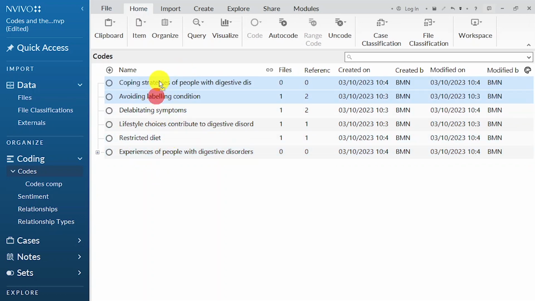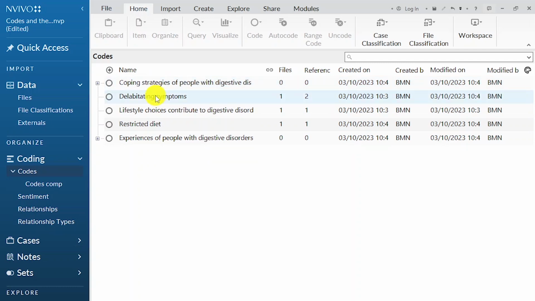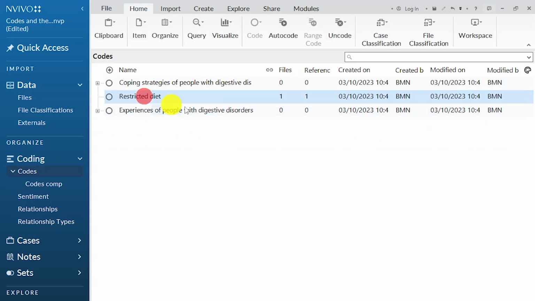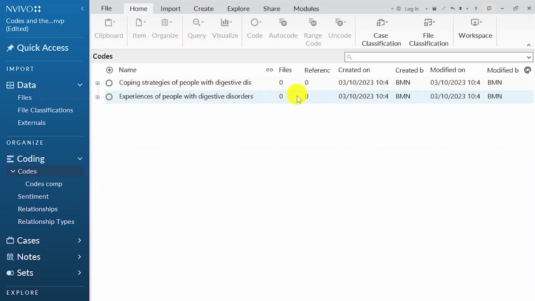Avoiding labeling the condition, that's a coping strategy of people with digestive disorders. Debilitating symptoms, that's an experience, of course. Lifestyle choices contribute to digestive disorders. That's an experience. Restricted diet, that's an experience. So we have